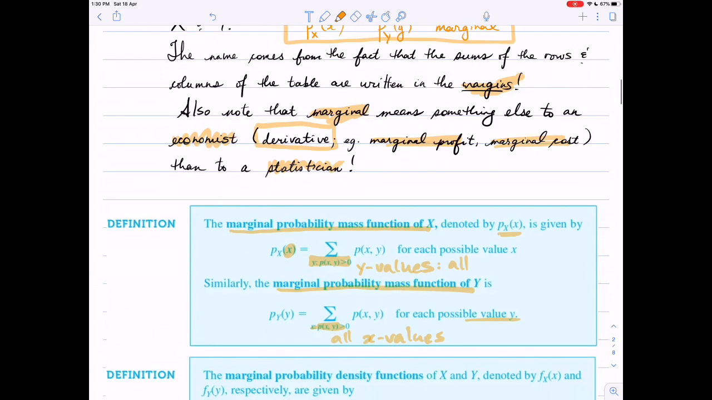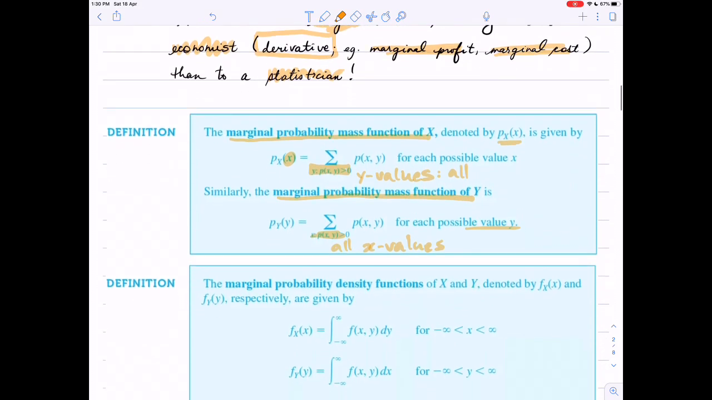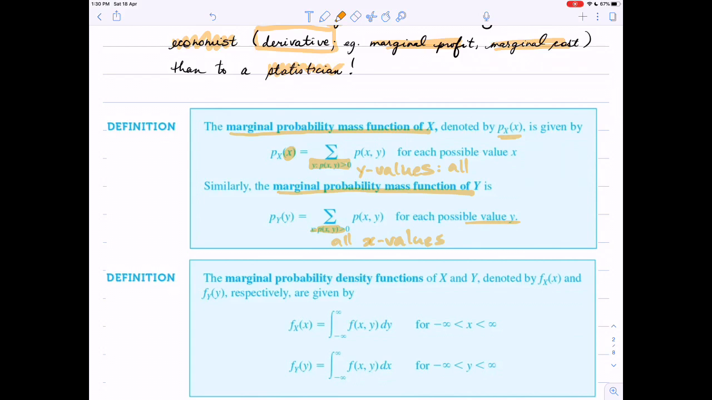There is a similar definition for the continuous case. In continuous cases, we're not adding up, we are integrating. Here is the definition: the marginal probability density function, not mass, for continuous random variables x and y are denoted by f sub x of x and f sub y of y. They are the marginal distributions of f sub xy, which is the joint density function. And so what do we do? We integrate out